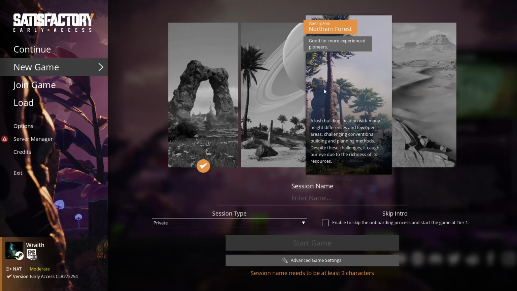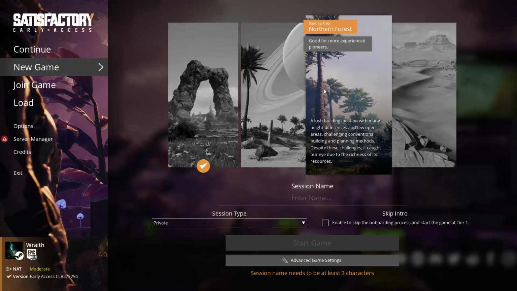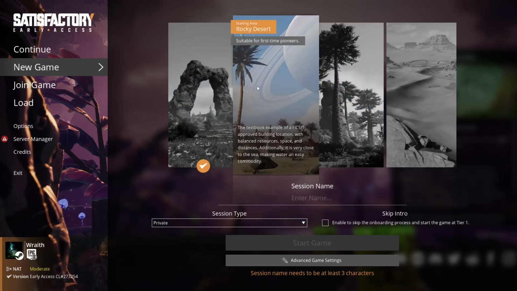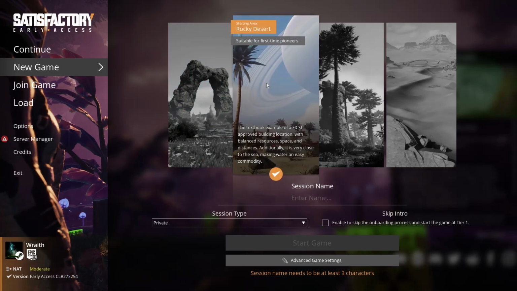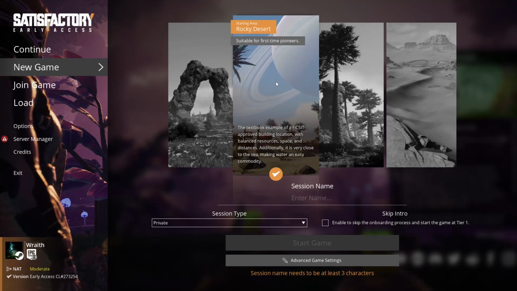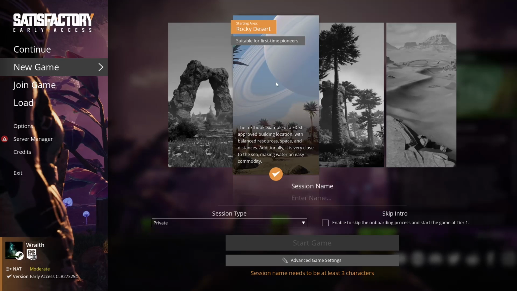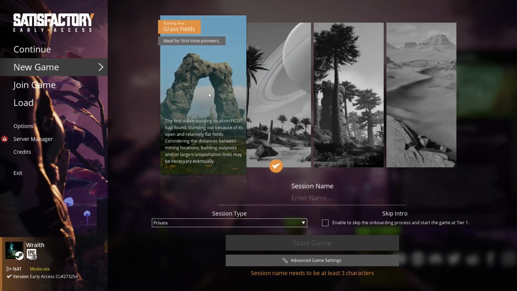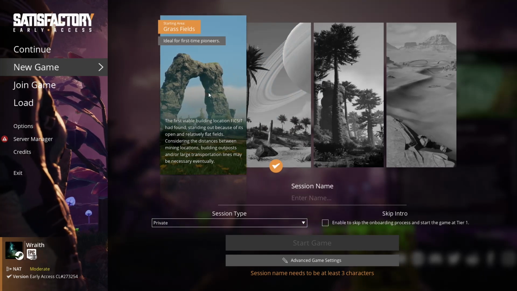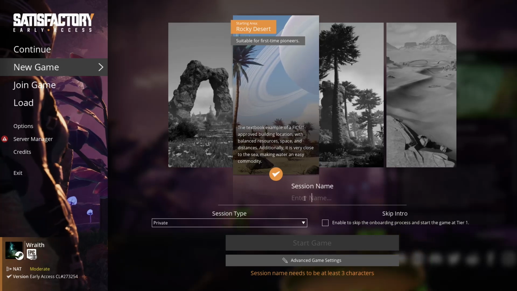Northern Forest isn't quite as bad, just a lot of difficult terrain to build around, but between the 2 more beginner-friendly ones, I'm a big fan of the Rocky Desert. If you're ever trying this out at home, I definitely recommend Rocky Desert, and you'll see why once we get into it. Grass Fields is also a great one to try. It's a little bit more peaceful of an environment too, so some players might like that. So let's go ahead and